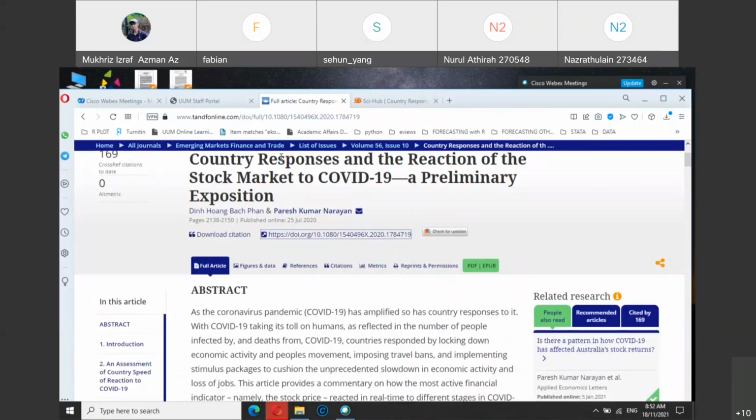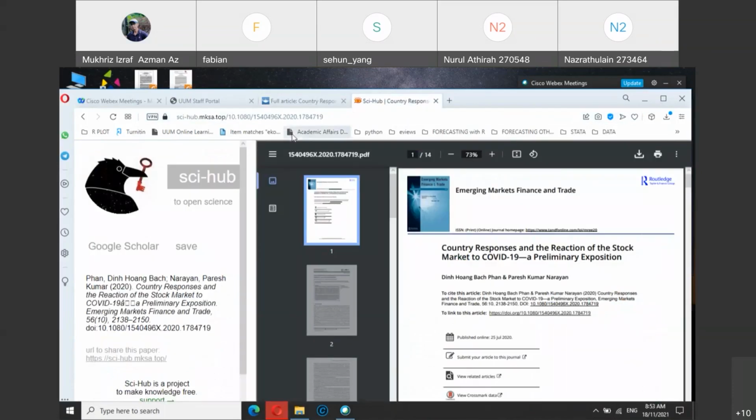If the article is published this year, 2021, meaning it is still less than 1 year, there is a possibility that you may not be able to download it. But if you are lucky, you should be able to open the article using Sci-Hub, even though it was only recently published this year.